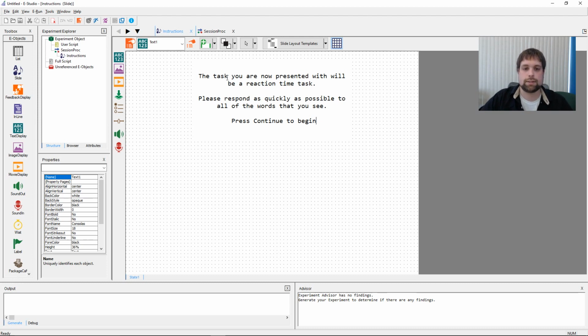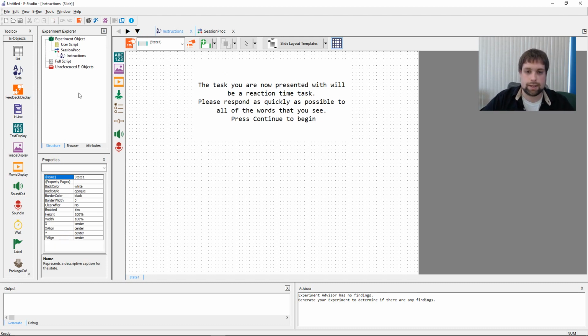All right, so my instructions are just: the task you are now presented with will be a reaction time task. Please respond as quickly as possible to all of the words that you see. Press continue to begin. Obviously, since it's an implicit association task, you don't want participants to know that it's going to be an association task. You just want participants to know that reaction time and speed is paramount in this particular